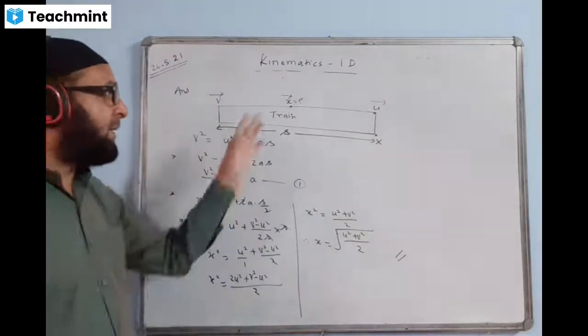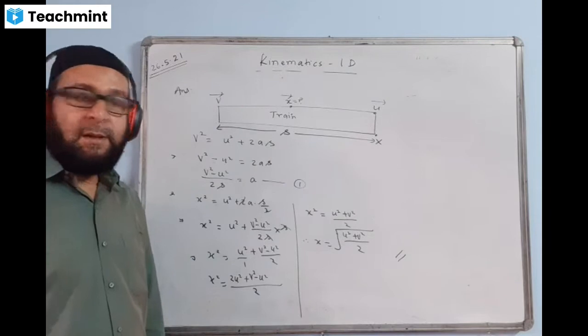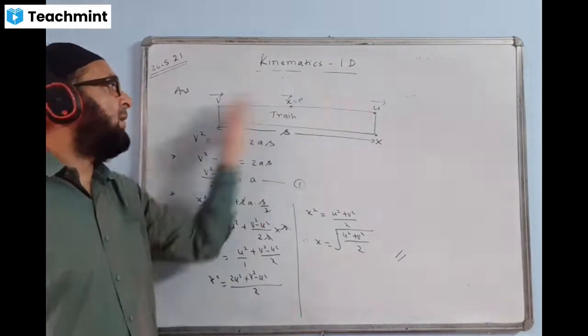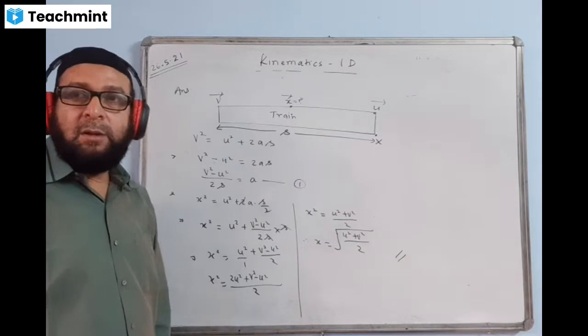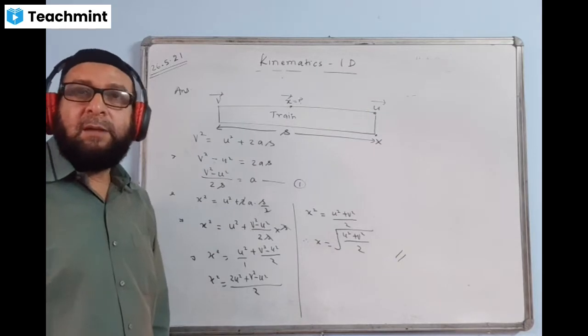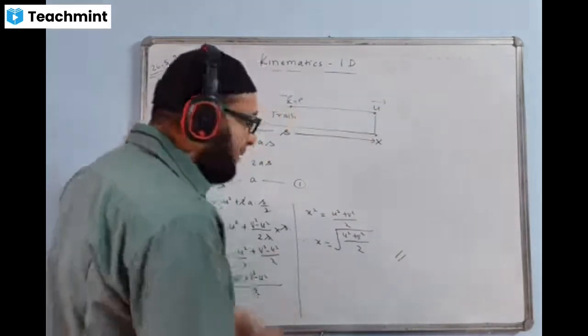Unit will be meter per second if given. So the unit of x will be meter per second. In this question, there is no unit because this is given with alphabets, so there will be no unit for it. You don't know whether the unit for u is meter per second or kilometer per hour, as it is not mentioned, so we will not give a unit. If unit is given, we'll give the unit.